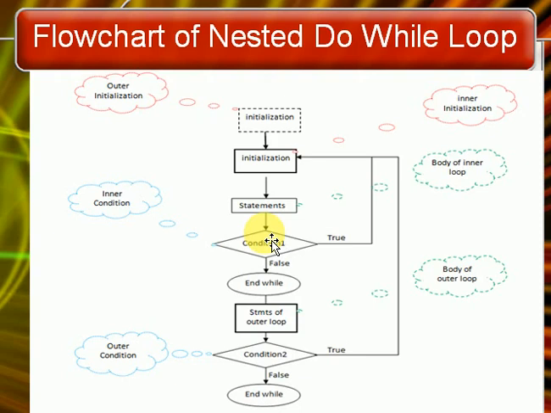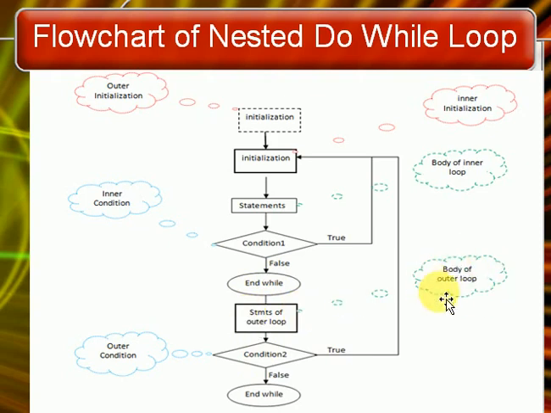That means after completing each iteration of the do-while loop, the condition is tested. If the condition is true, then repeat the statement or set of statements within the body of the do-while loop. This is the inner do-while loop condition. Then after this condition becomes false, it's the end of the inner do-while loop. Then statements within the body of the outer do-while loop are executed,